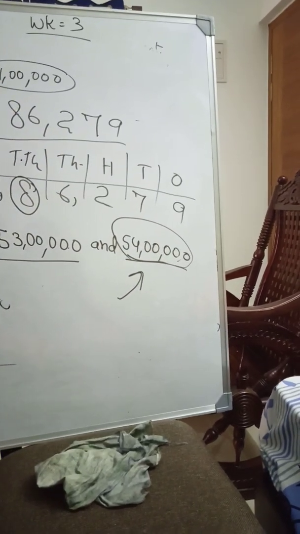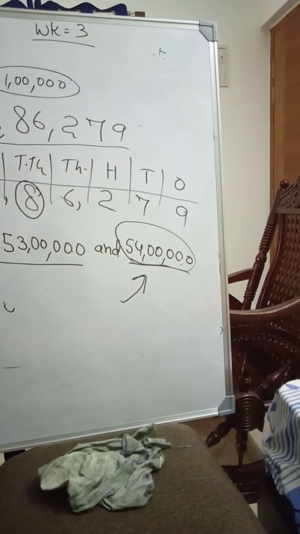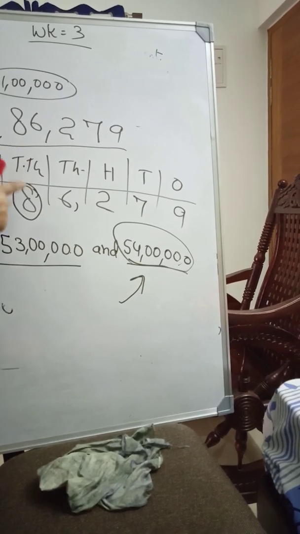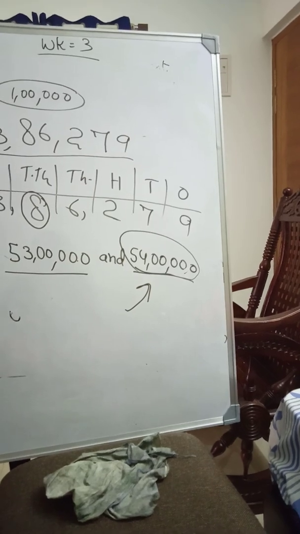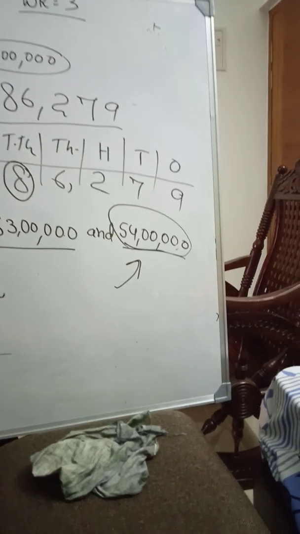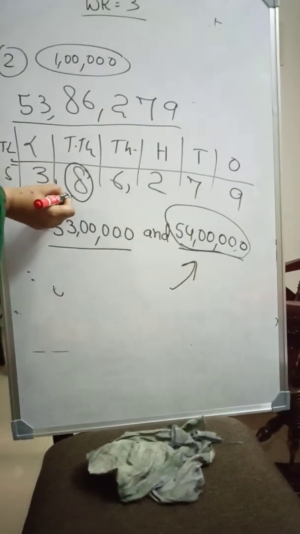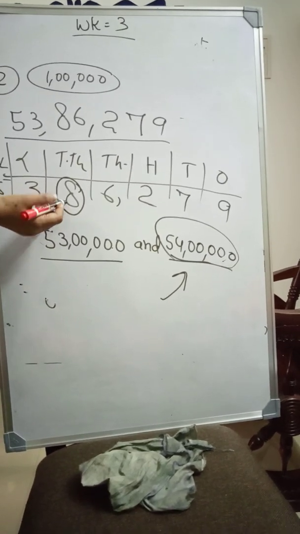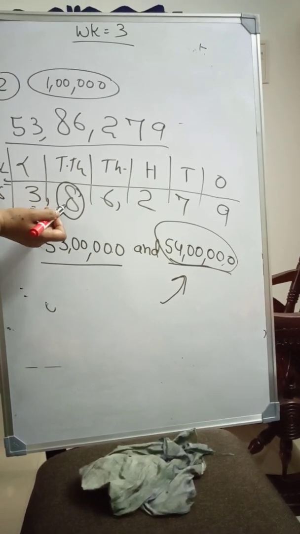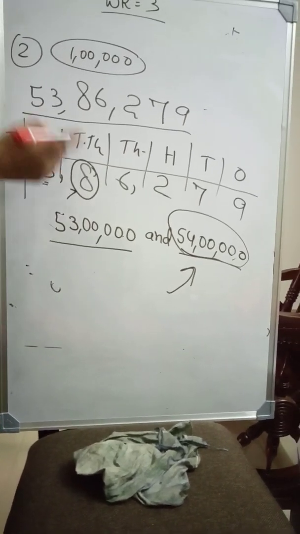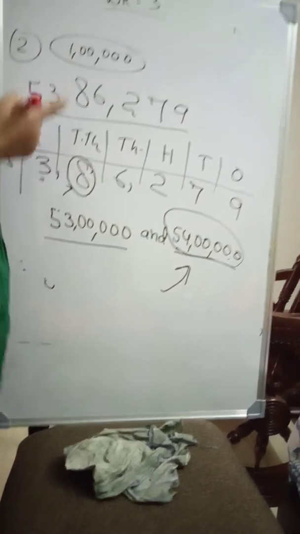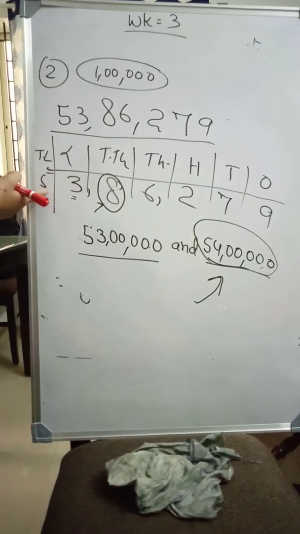एंड तीसरा पॉइंट, whenever we have to round off the given number, that is 53 lakh 86,279 to the nearest 1 lakh, nearest lakh, so we have to look at the digit at the 10,000 place के digit को देखेंगे. क्या है? 8. जब 8 है, then we have to round off to the nearest multiple of 1 lakh, which should be more than, ज़्यादा होगा किससे? 53 lakh